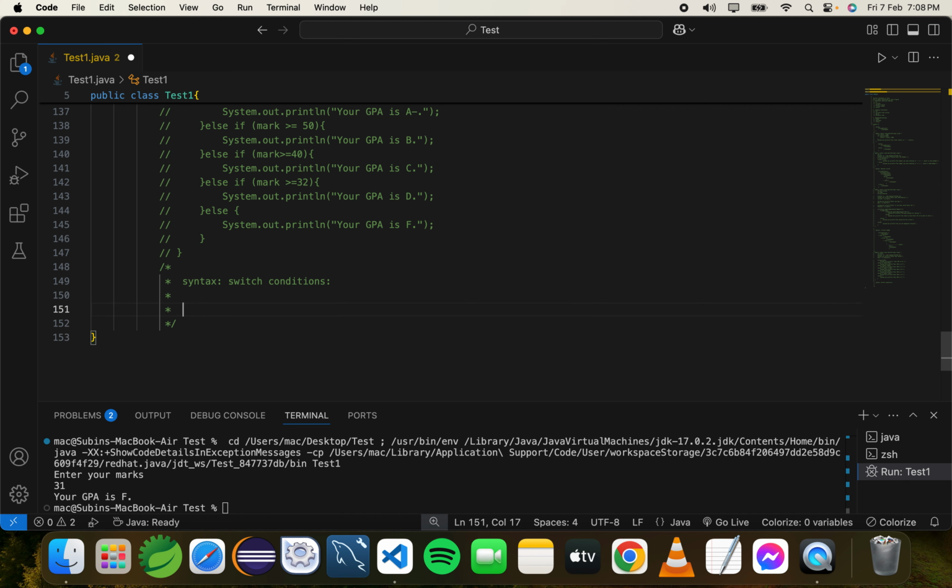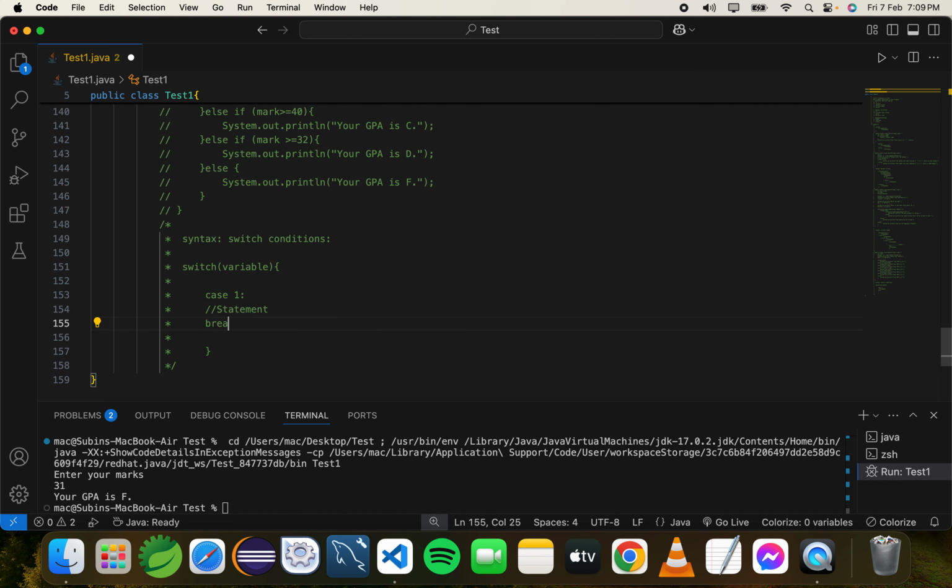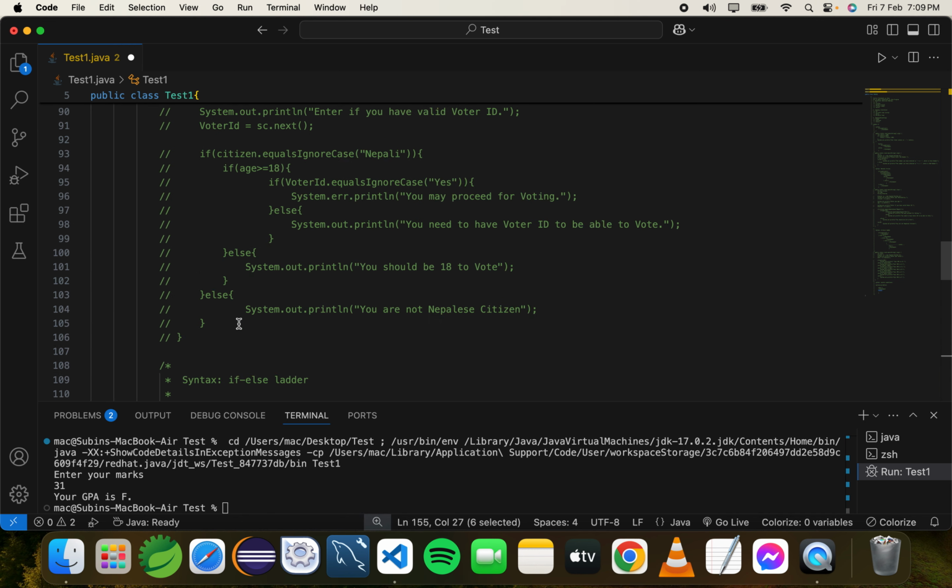So switch, and here would be variable, not condition. Okay, and then after we'll have case 1, and here would be statement, and then break. We're going to talk about this break on third part, okay, which is also called